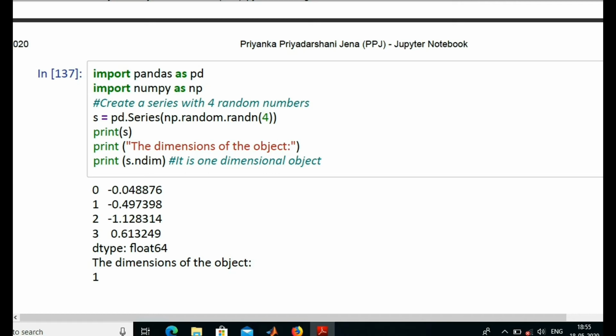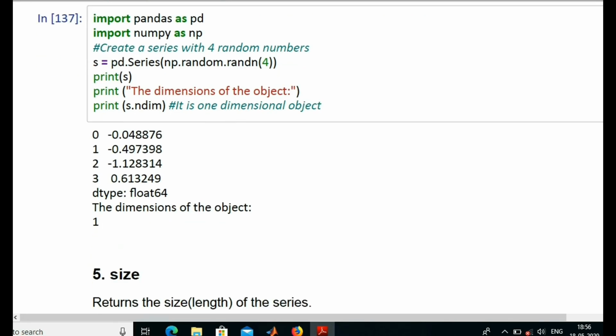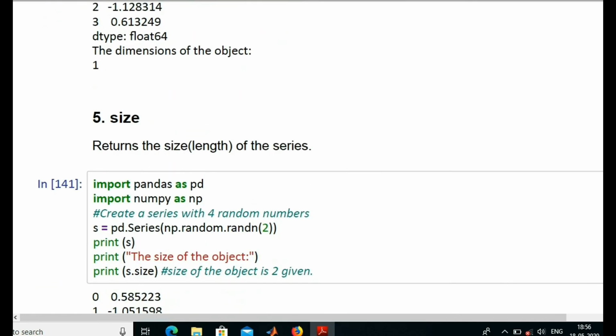Okay, I create a random number series, and after that I print that series values. Then next is the print function. We have passed in the print statement the dimension of the object, and in the next line the print function is used with s.ndim. We already know that a pandas series is a one-dimensional array. That's why the output of the dimension of the object is 1, and 4 random numbers are created from 0 to 3.